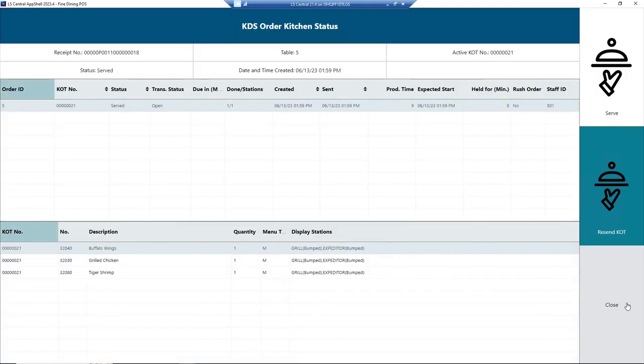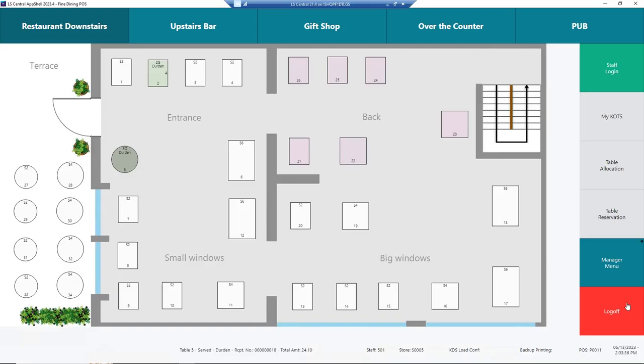That's what we mean that our system, LS Central Hospitality, is working with the KDS, with the Kitchen Display System, and they are working together. So by having displays, then they can send some feedback back, and the hospitality POS reads that feedback, and it updates the system, so it's allowing the waiter to know what's happening.